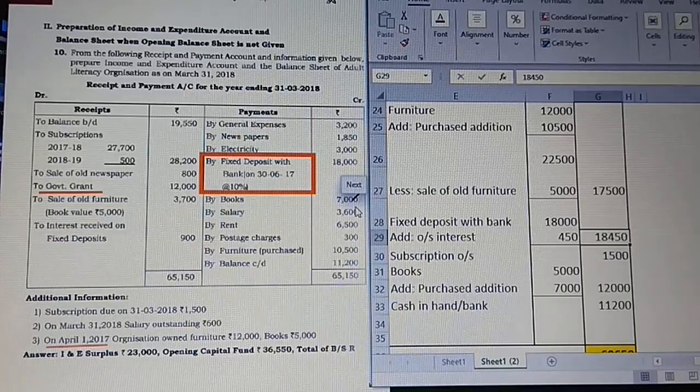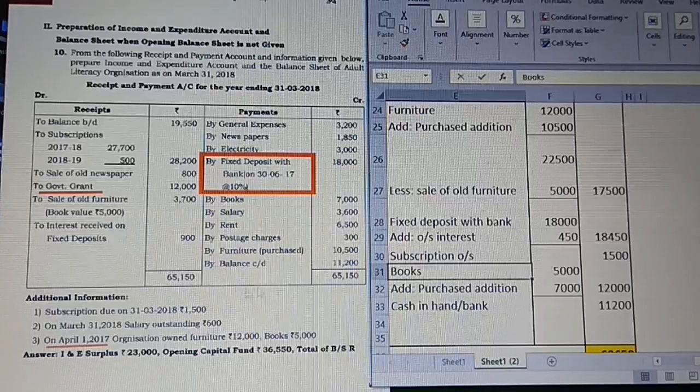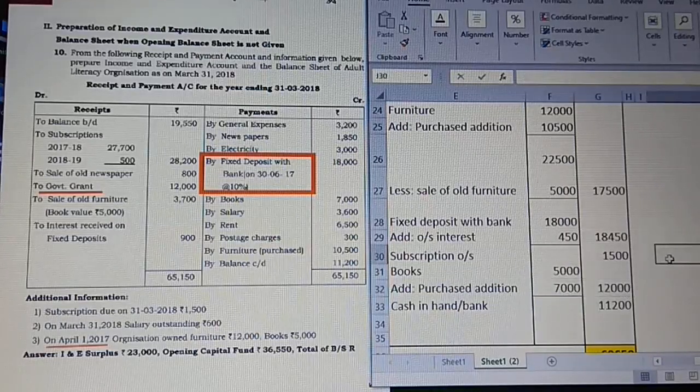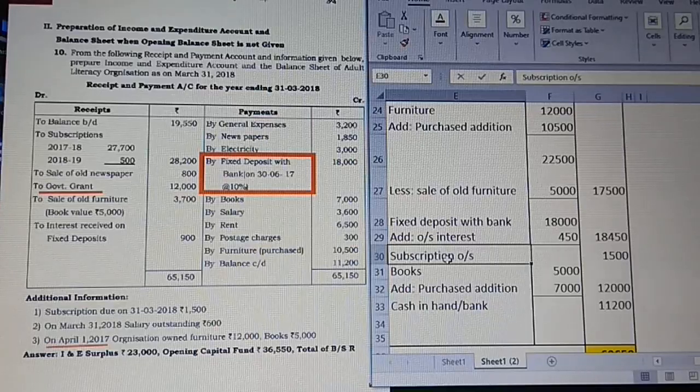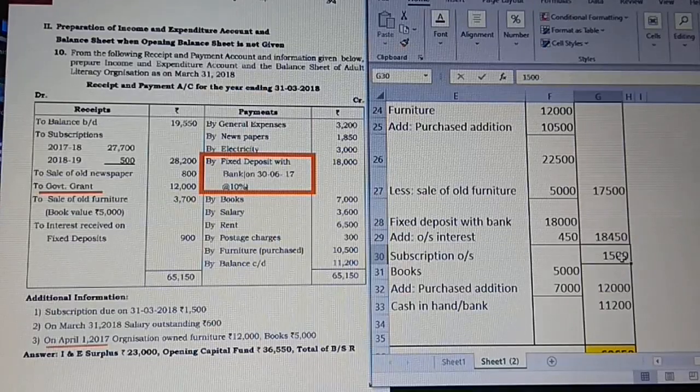Then after fixed deposit, next we have books. Books here, 7,000 is given for the current year purchase, but we have opening as 5,000. So I've taken opening as 5,000 and addition purchase as 7,000. So I get 12,000, the overall book value which is with the company now. Apart from this, I've just made a small change. I've just taken subscriptions because due to some adjustments I have to copy and paste the book value down. Okay, next, subscriptions outstanding for the current year. This is outstanding income. We need to take this always because adjustment appears twice. So 1,500 I have taken.